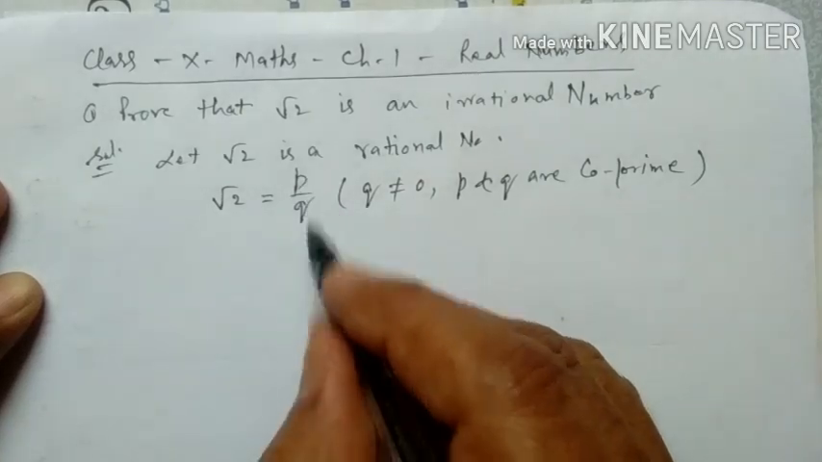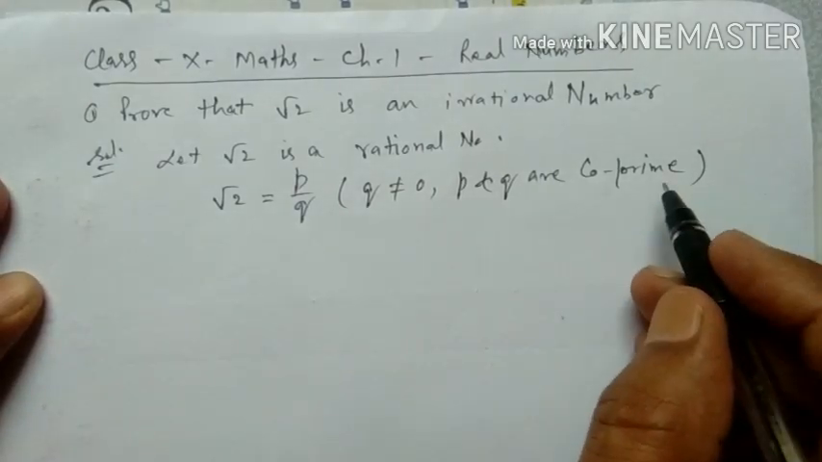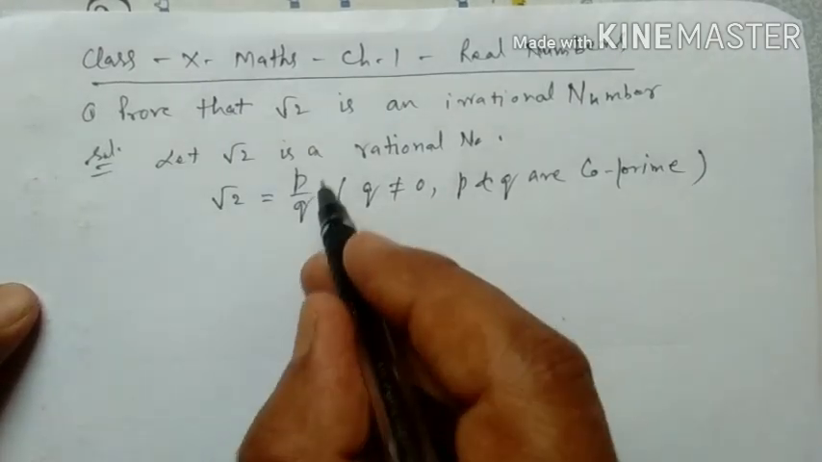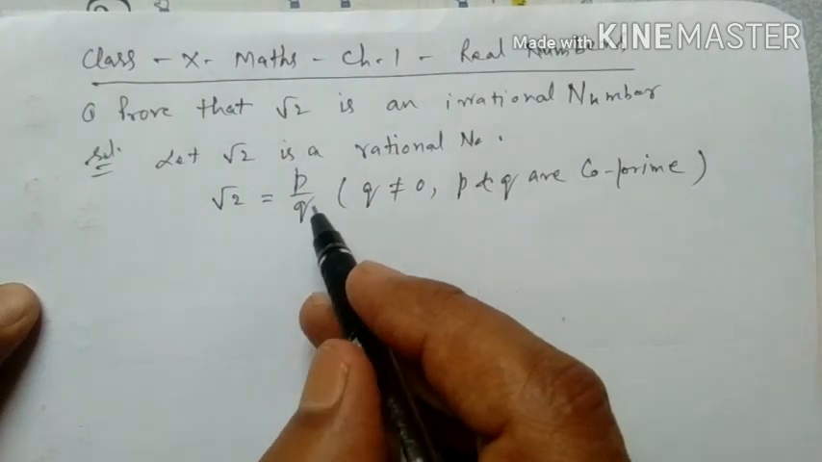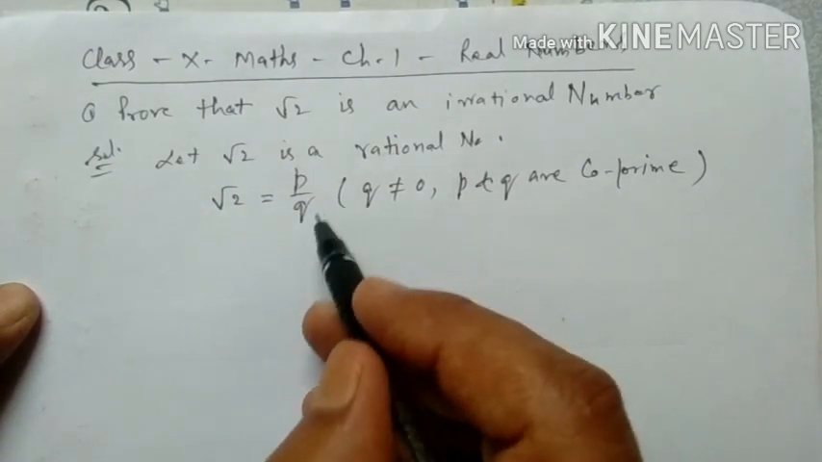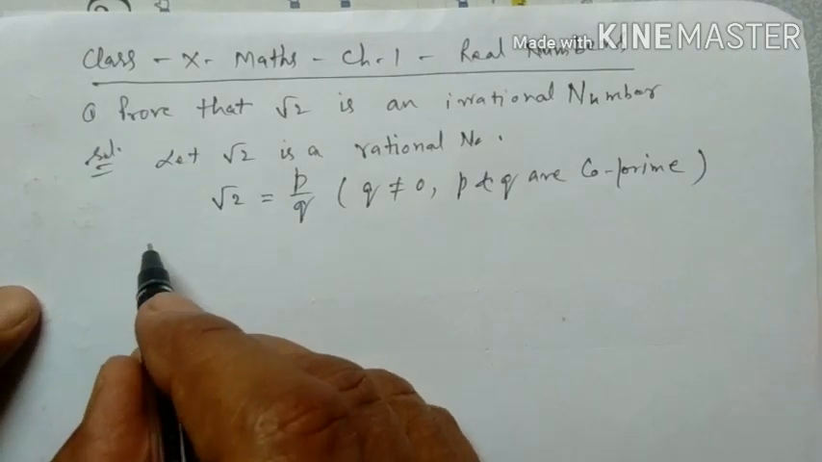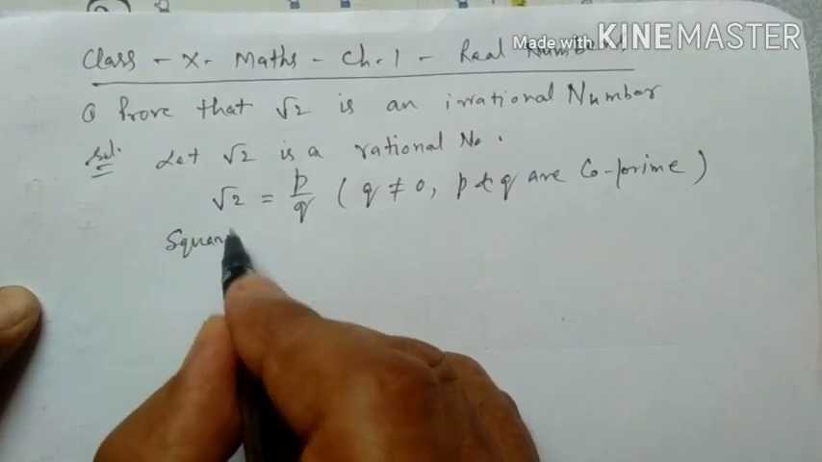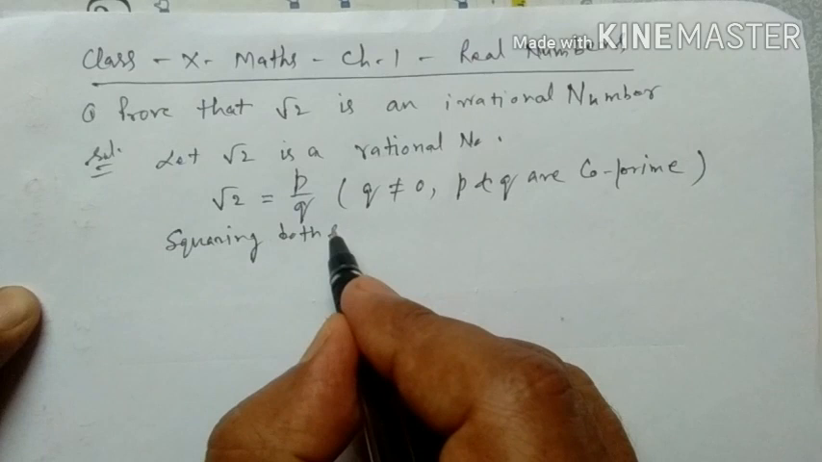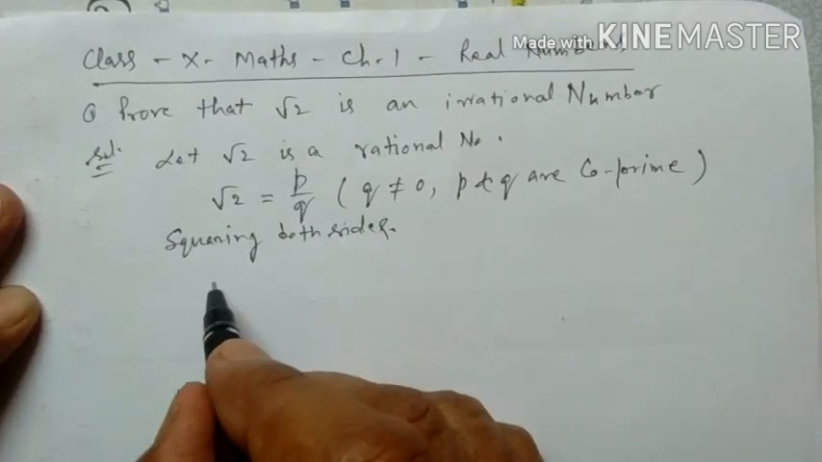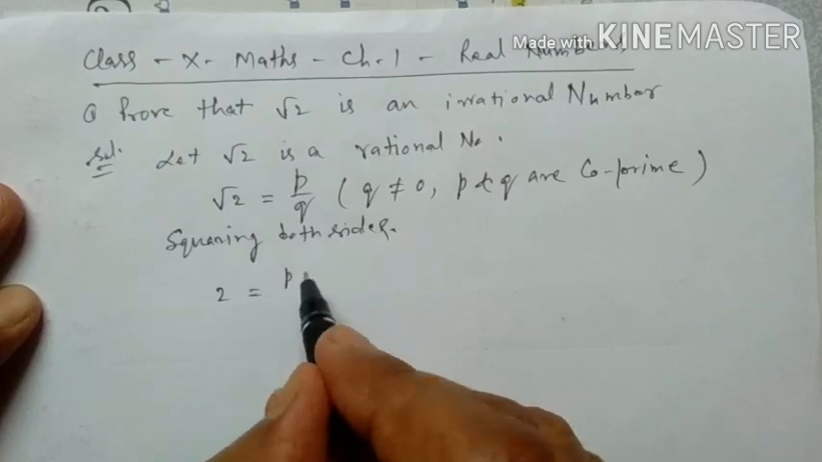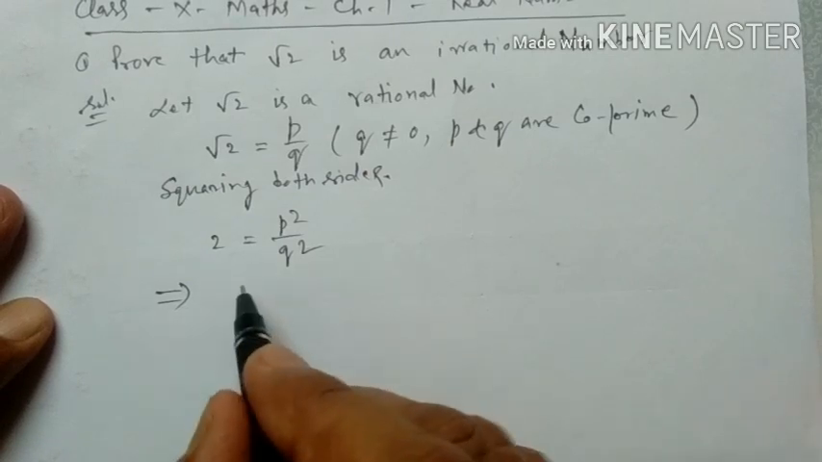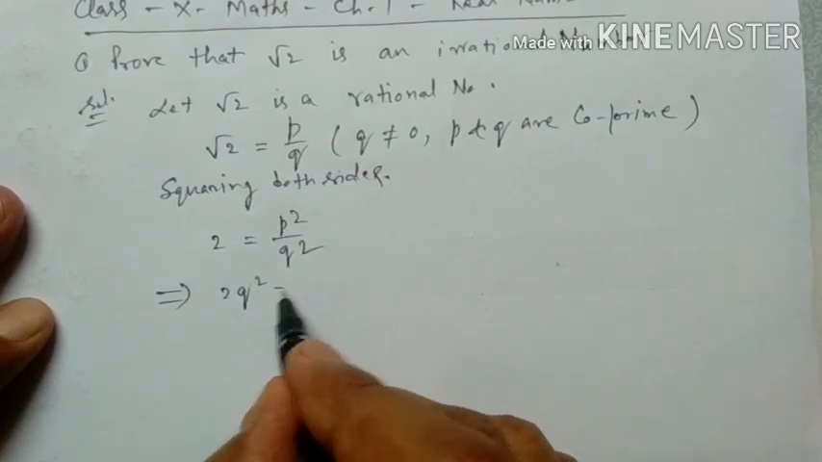Co-prime means if two numbers are co-prime, then their highest common factor is 1, or HCF is 1. It means there are no common factor. P and Q only divide by 1. So, squaring both sides, we get 2 equal to p square by q square, and this number you can write 2q square equal to